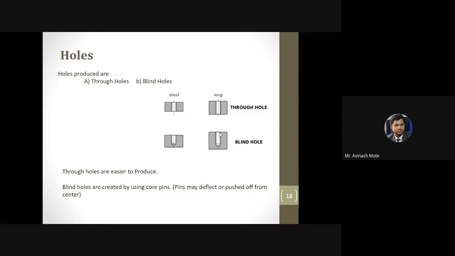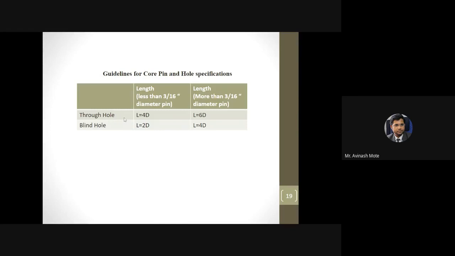Because while you are drilling a blind hole inside the component, you cannot ensure that it is exactly at the center, whatever center you have decided. It may be possible that the drill bit passes in an inclined way, so rather than being a vertical hole, it will be an inclined hole. Then assembly will be difficult. So the pin will restrict this deflection, or it will make the hole at the center. So these are some of the parameters with respect to the pin and the hole.